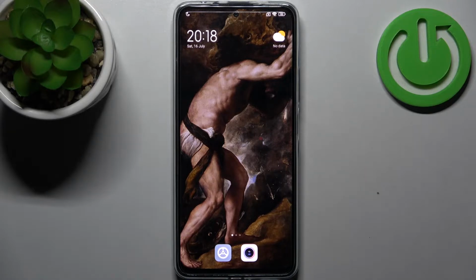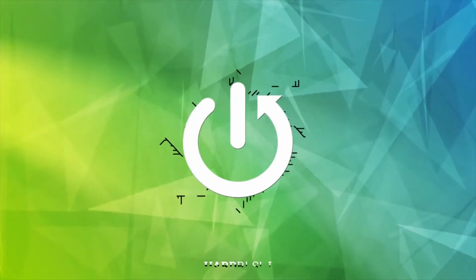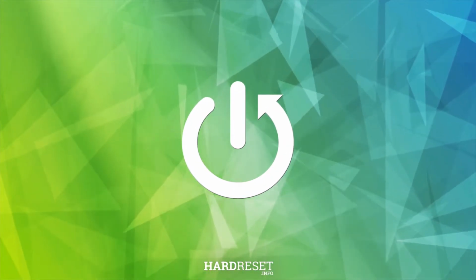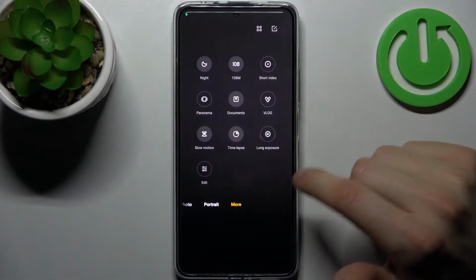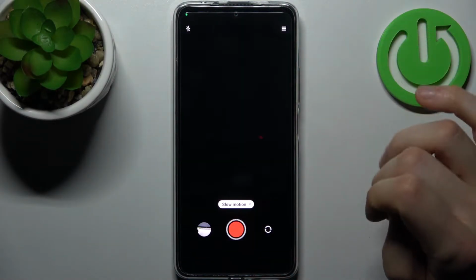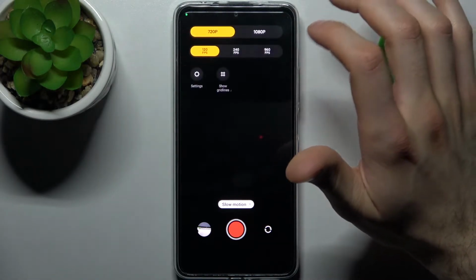Here I have Xiaomi Redmi Note 11 Pro Plus, and today I'm going to show you how to change slow motion speed in camera on this device. So firstly, let's open camera, then switch to the more modes, select slow motion, tap on 3 stripes here, and